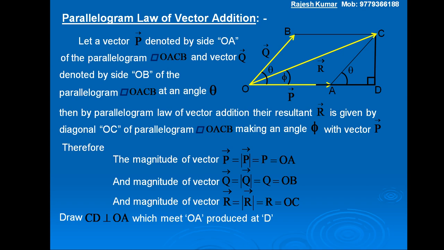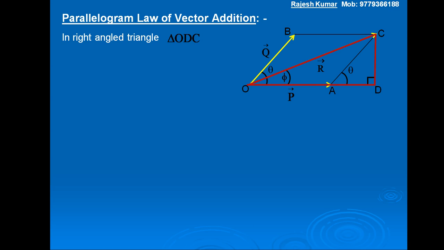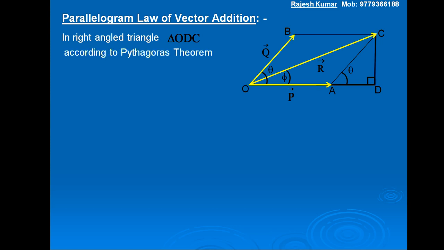They are the corresponding angles because OB is parallel to AC. In right angle triangle ODC, according to Pythagoras theorem,